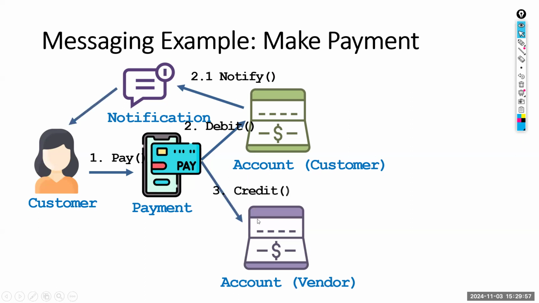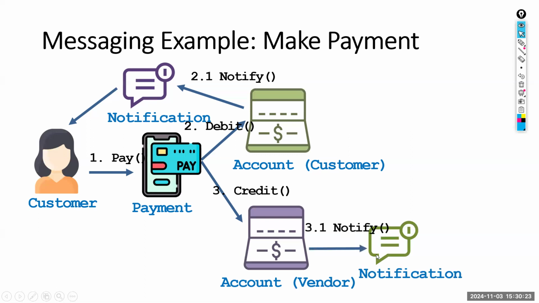And then there's a message calling the Somerset account object to credit, because money is added to that. Money is reduced from your account and added to the vendor's account. Maybe there's another email utility. This account calls the email utility class again, same class, maybe a different object, and it will be received by the receiver. So this SMS is for you, and this SMS is maybe for the vendor, saying that money is credited.